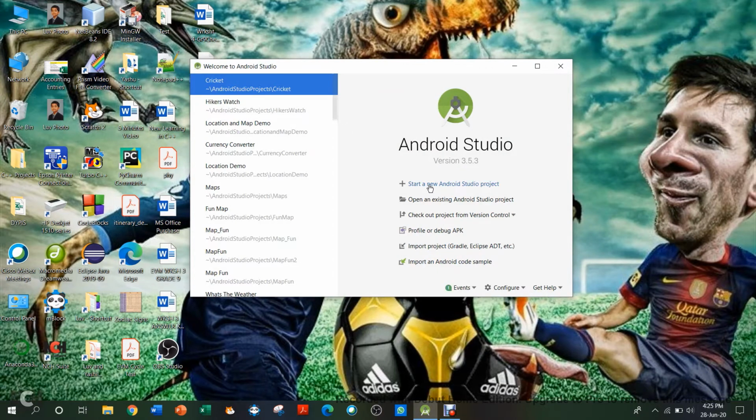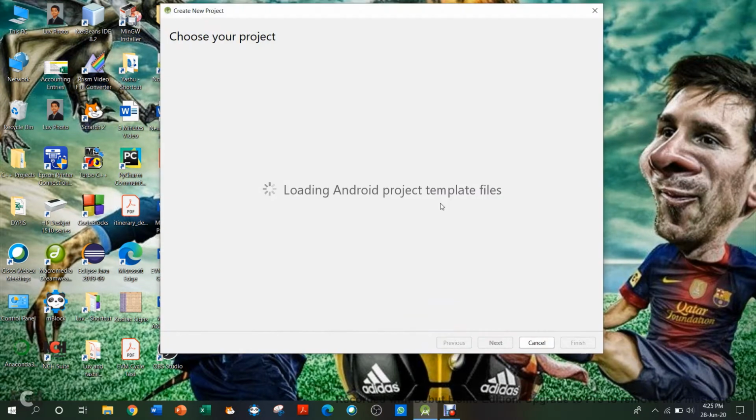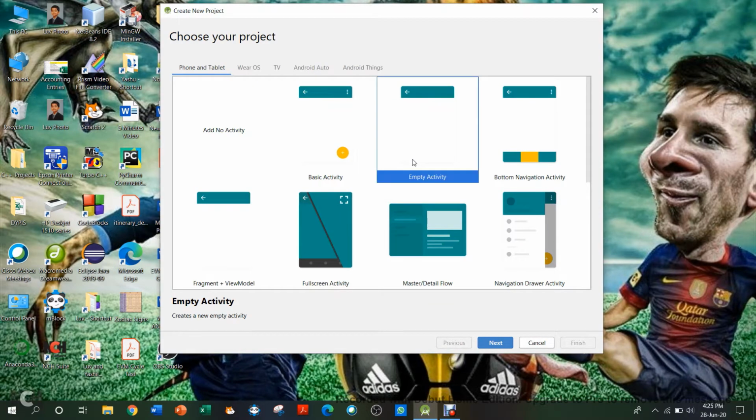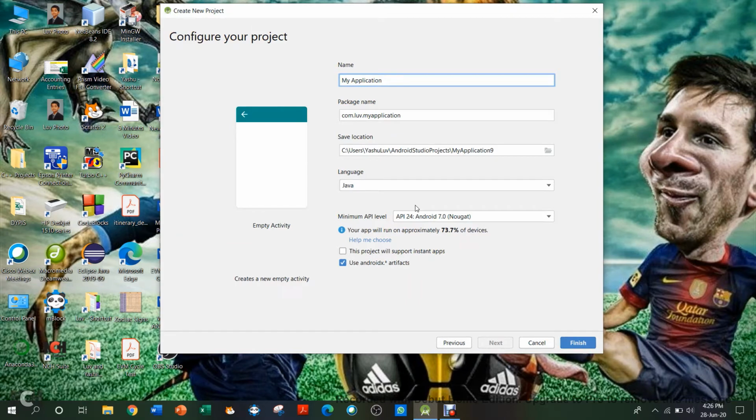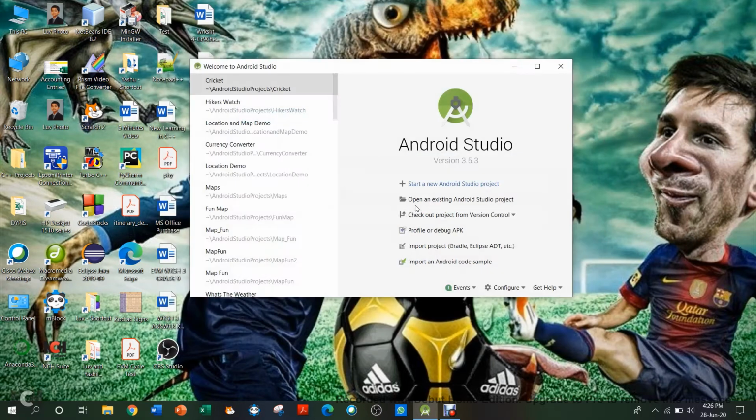So let's start a new project and wait for it to set up. Select empty activity and call the application layouts. The rest you can keep as default.